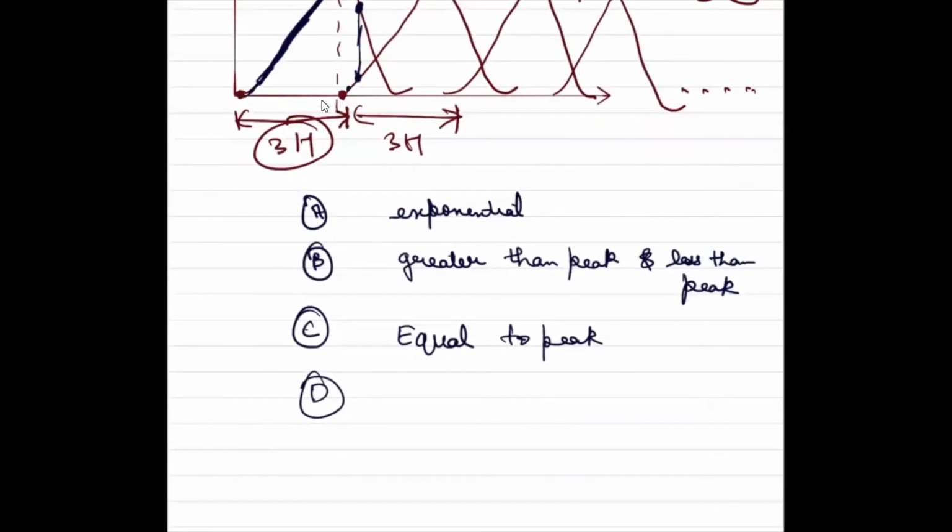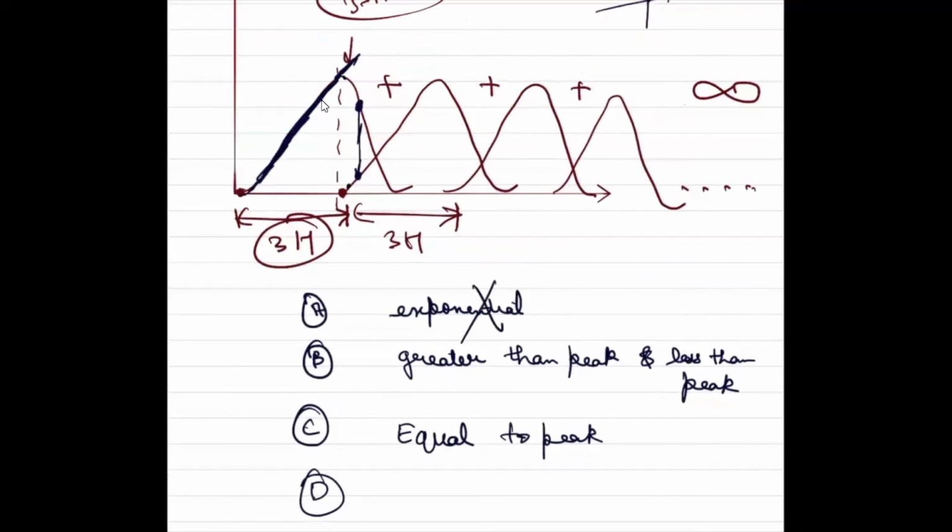So of course, exponential is gone, because for the first part you have no idea whether it is exponential or not, right? It could be a linear increase. It could be a linear response reservoir or something. So this part is gone. It can be greater than and less than peak. I have shown that it has to be greater than peak, because the immediate next point to peak would have some additional component coming from the next curve which is coming into action, right?